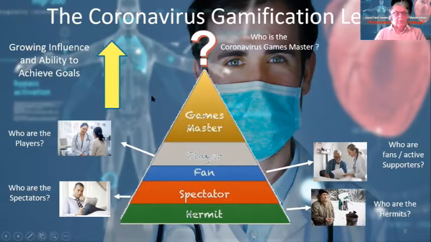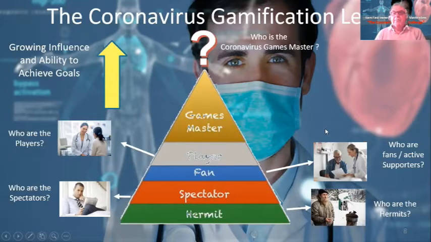Well, the players, you could argue, will be the care workers and all the staff, the people who are following the strategy. They have a lot of influence on the outcome because they care for the people who are ill, and they also are involved maybe in health policy. Underneath that layer, the fans are not necessarily fans, but people who have a reason to be interested in the outcome of the coronavirus game.